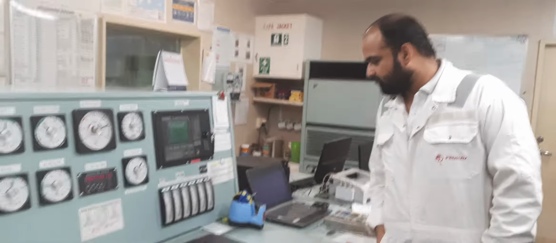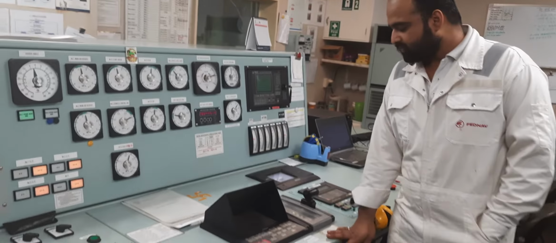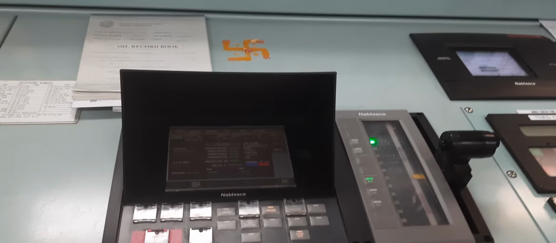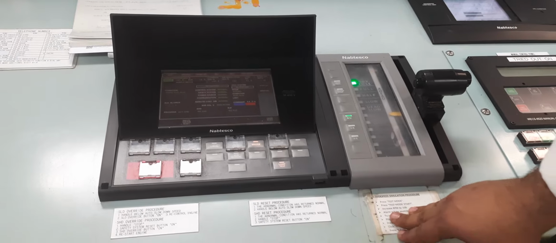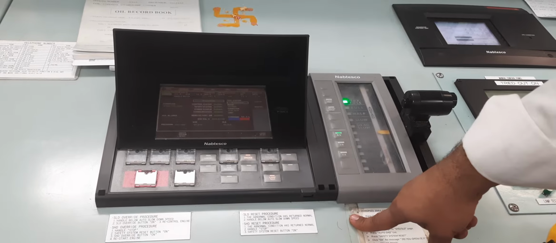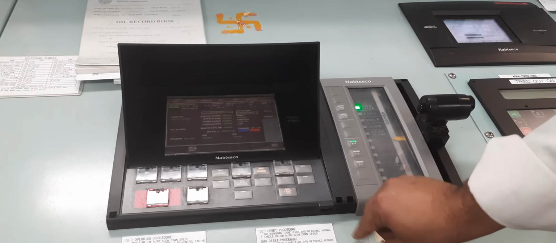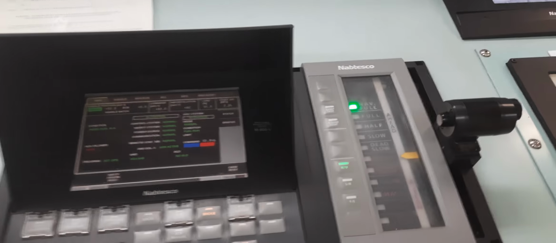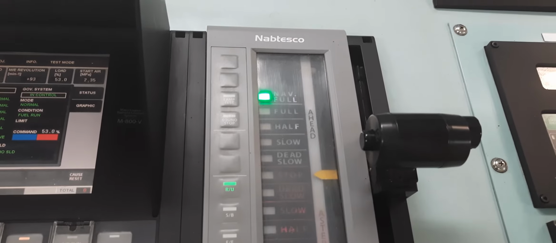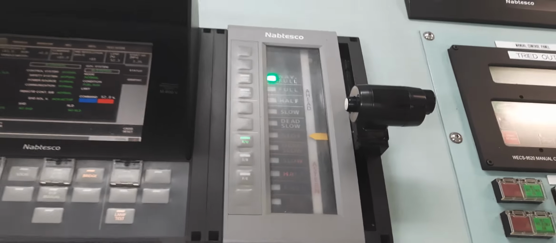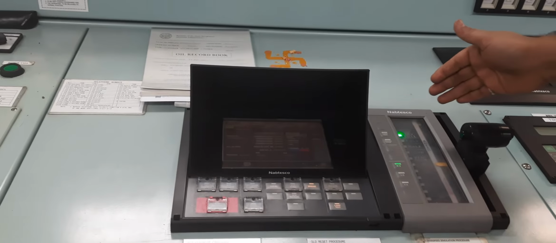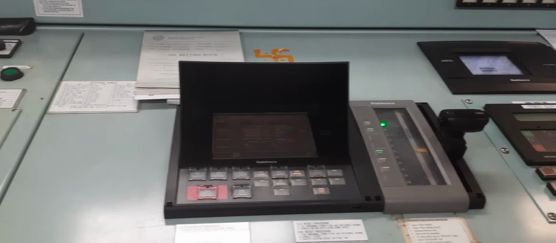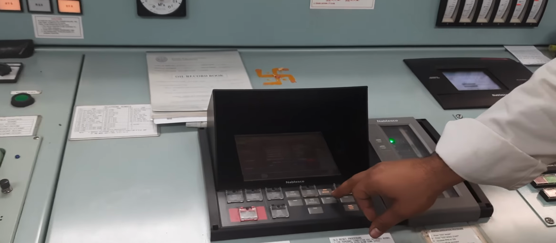Then here comes what is called the telegraph panel. From here, it is ECR auto control, the engine control room auto control telegraph. Here we get to know when the telegraph of the bridge fails. We can take control in the ECR and run the engine accordingly. We can give ahead, astern, and change the commands. Here you can see right now the light is on the bridge.